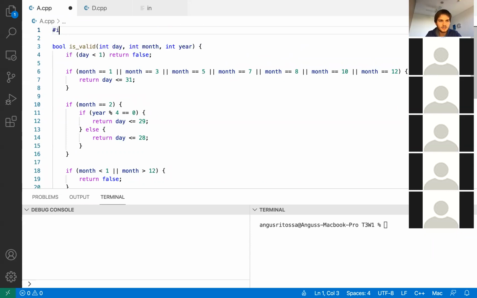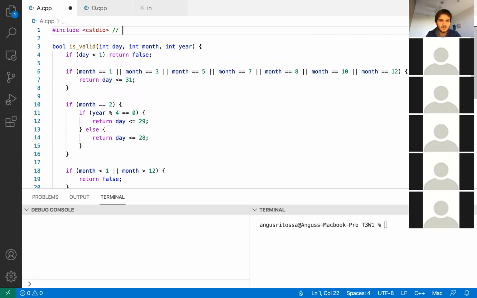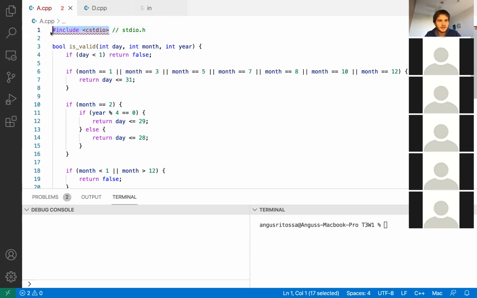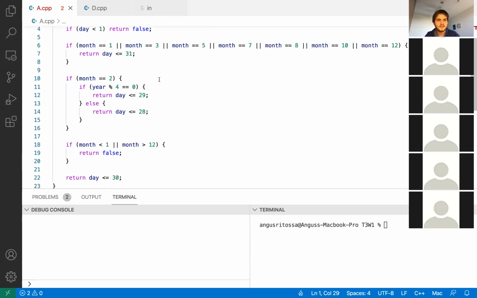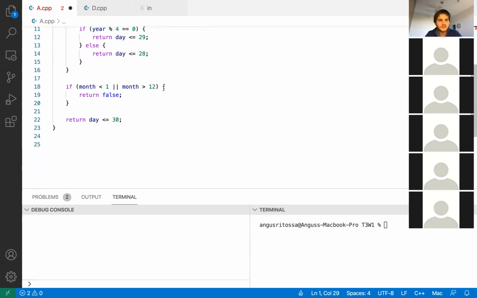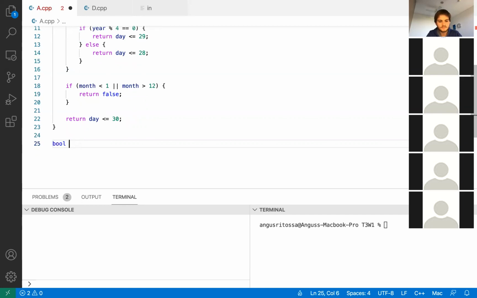So for header files, we're going to use this in C++, which is the same as including stdio.h in C, because C++ is like C with a few more things. Don't worry about the red squiggle here. I've not got around to fixing VS Code yet, but it does work fine, trust me. And we're going to store whether each of the 6 cases is valid. So we're going to keep a format valid.